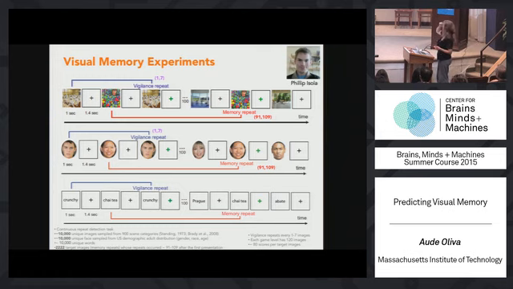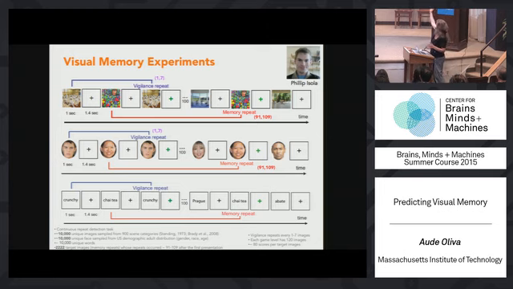So we did it for pictures, faces, and words, and you're going to see the result. So let's start with pictures. In the first experiment, we presented 10,000 images, and about 2,200 were repeated many, many times. So those were the ones where we collect the score. So for a given subject, those images were actually seen only twice.